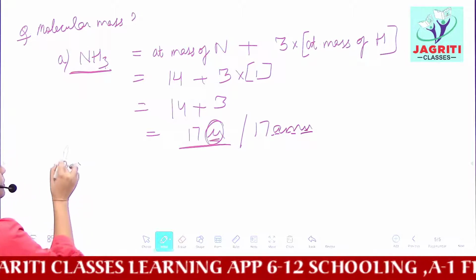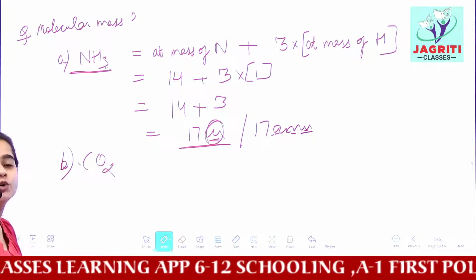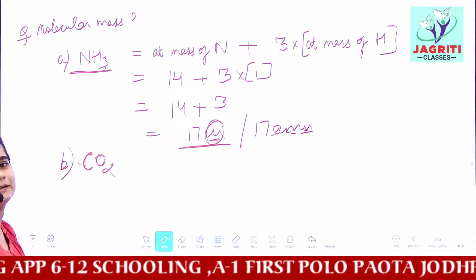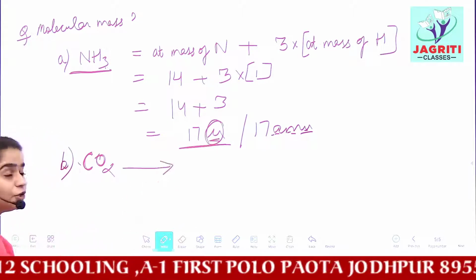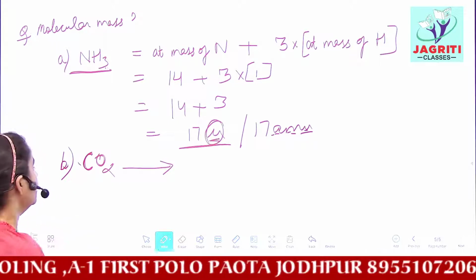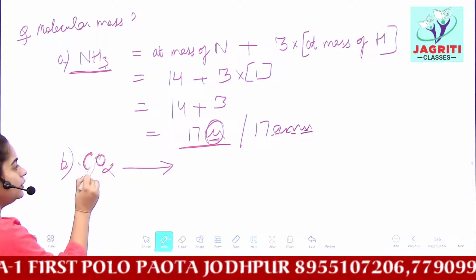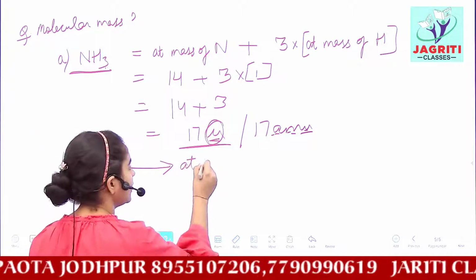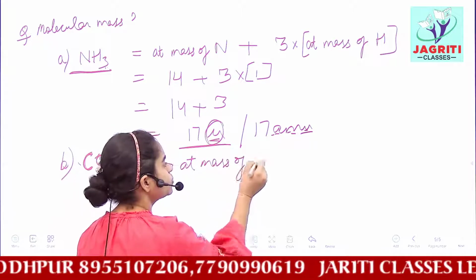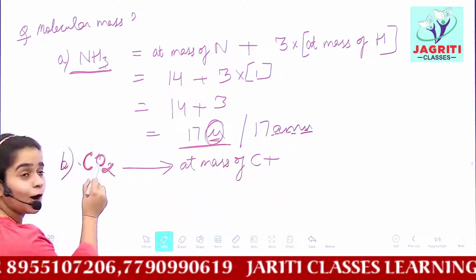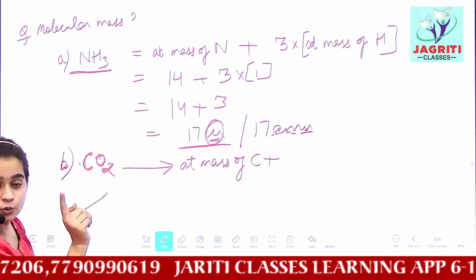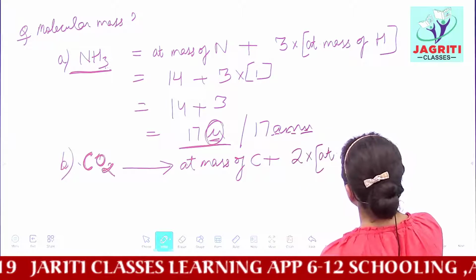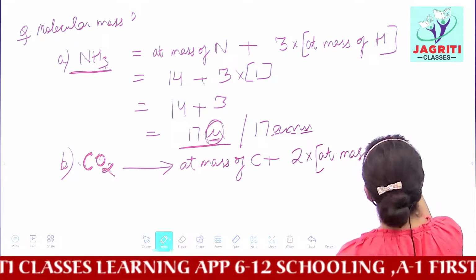Can you find the mass of CO2? One molecule of carbon dioxide, the mass of a molecule of carbon dioxide. Yes, it's pretty simple. You see how many atoms are present. We have one carbon atom here and 2 atoms of oxygen. So we write the atomic mass of carbon plus, for oxygen, how many oxygen atoms are present? 2. So what will we write? 2 into the atomic mass of oxygen, the atomic mass of the oxygen atom.